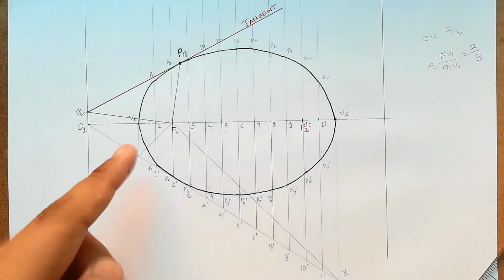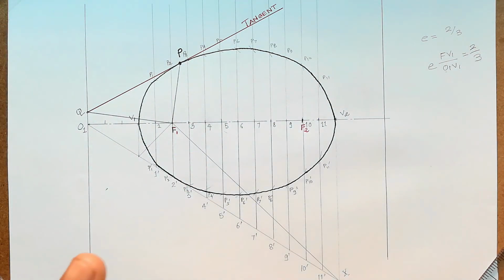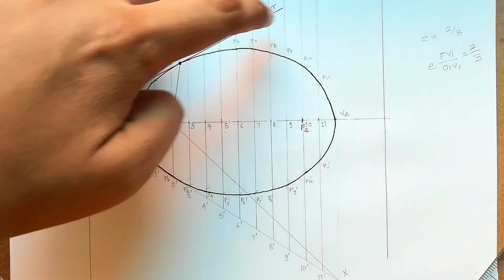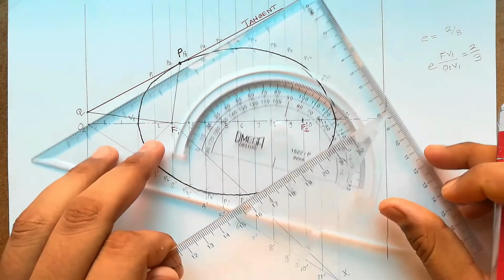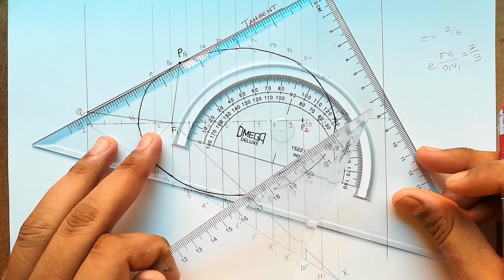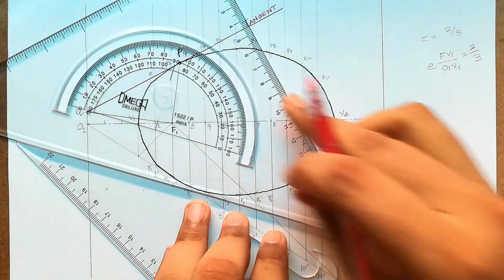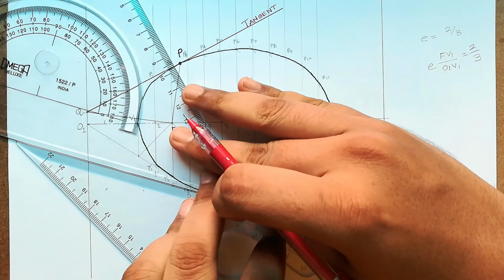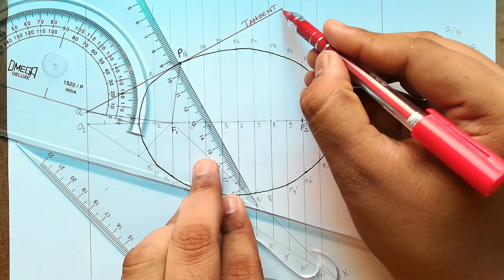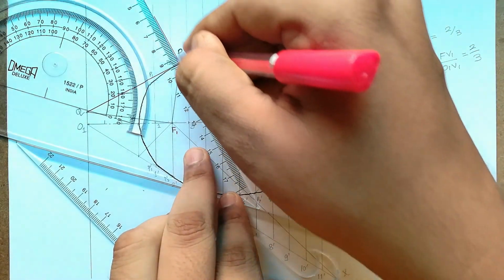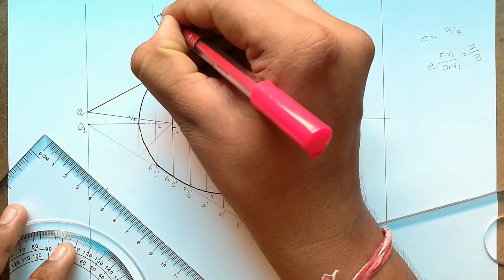And as we all know, at a right angle to this tangent, we will have a normal. So I will draw a line that will be 90 degrees to this tangent line from point P, which will represent my normal. So once again, I will just take the reference of this tangent. I will put the support over here, and by moving this set square, I will be able to draw a line that is 90 degrees to the tangent from here. So this is our normal. I can write down this as normal over here.